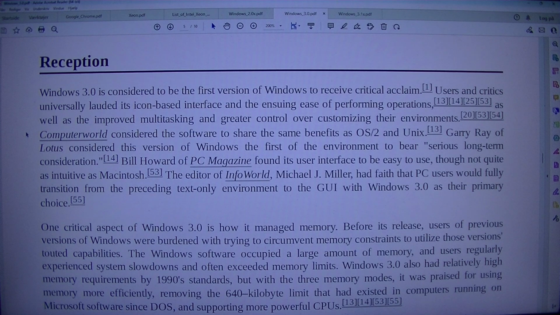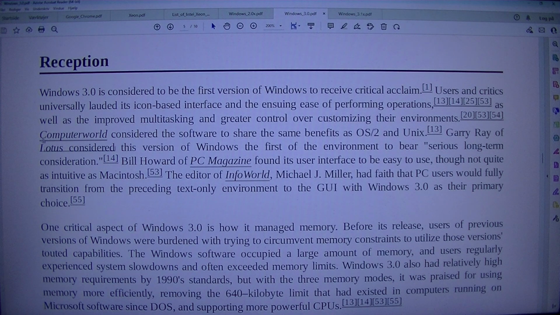Computer World considered the software to share the same benefits as OS/2 and Unix. Gary Ray of Lotus considered this version of Windows the first of the environment to bear serious long-term consideration. Bill Howard of PC Magazine found its user interface to be easy to use, though not quite as intuitive